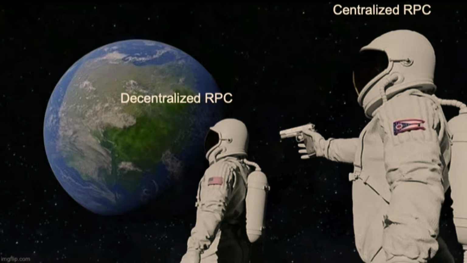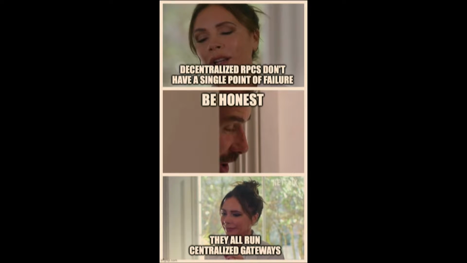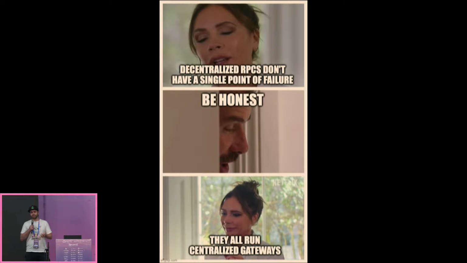Historically, centralized providers like Infura or Alchemy have significantly better UX than their decentralized counterparts. So that's not it. Maybe decentralized providers have better reliability. And we've been running this argument, I mean decentralized RPC providers, for a number of years, that decentralized RPCs don't have a single point of failure. But the problem is, unfortunately, every decentralized provider, I don't want to call names, runs centralized gateways. And the reason is specifically the previous point, that you need a good DX. Developers just want to copy-paste a URL and work with it. So they don't want your fancy stuff, and you end up with a centralized gateway. And so you're not that different from